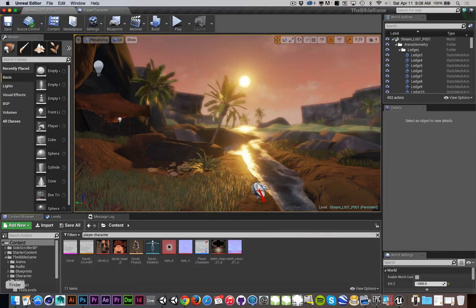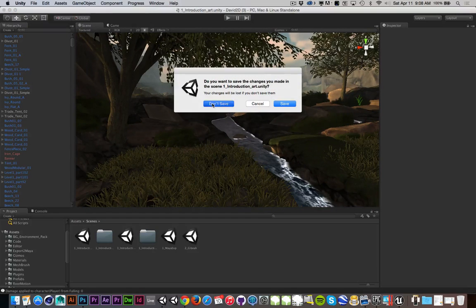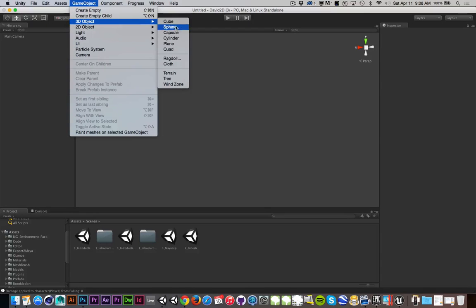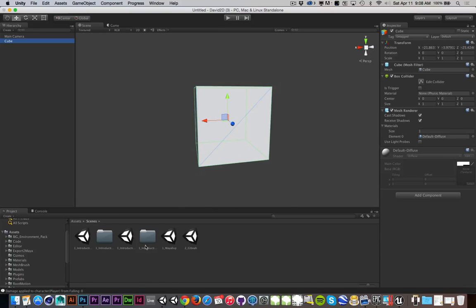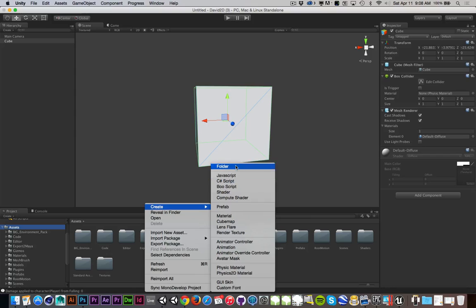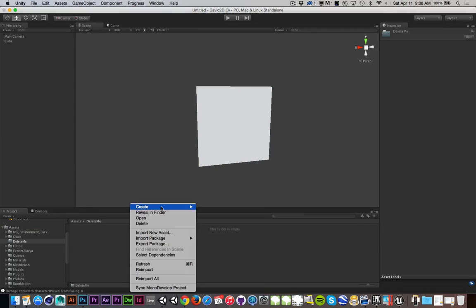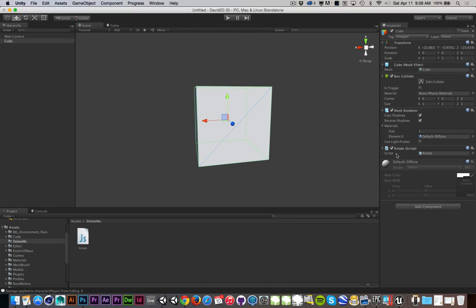First of all, scripting is very different. If I go into Unity and create a new scene, I'm not going to save this, and I'm going to put a cube in here, so a 3D object and a cube, and I want to rotate that cube in script. Then I would add a script to it, so I'm going to create a folder here called delete me, and in there I'm going to create a new JavaScript and call it rotate. And I'm just going to rotate the cube, and then I'm going to show you the difference in Unreal after that. So attach that to the